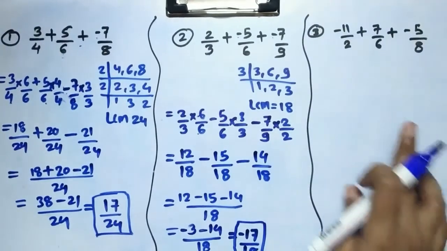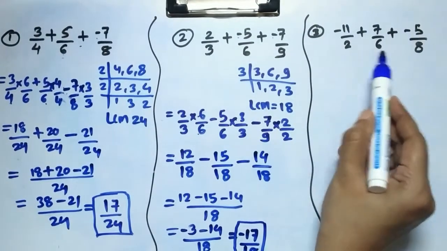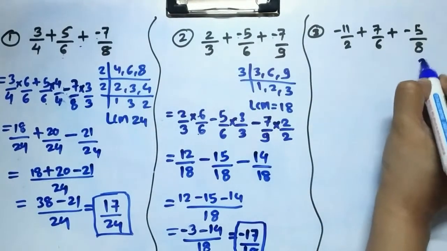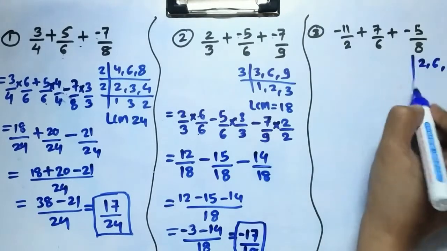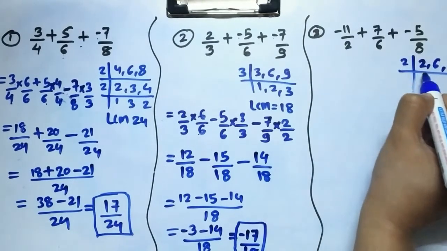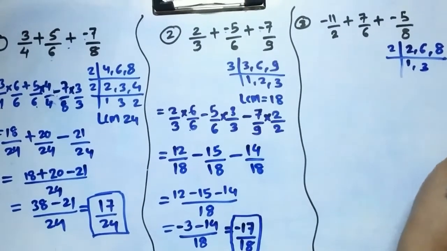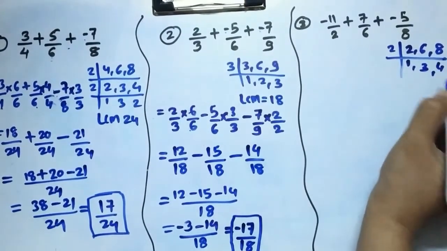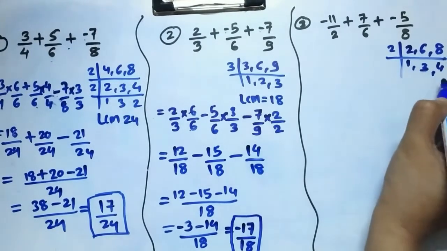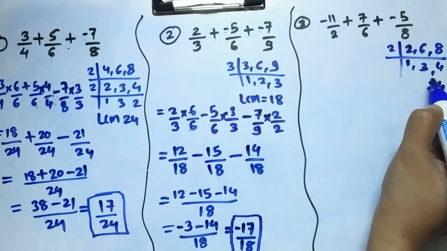Friends, now we'll go for this question. Here we have 2, 6 and 8. We take the LCM of 2, 6 and 8 because all are unequal denominators. 2 1s are, 2 3s are, and here we get 2 4s are 8. Now just multiply: 2 3s are 6, 6 4s are 24. Friends, the LCM is 24.